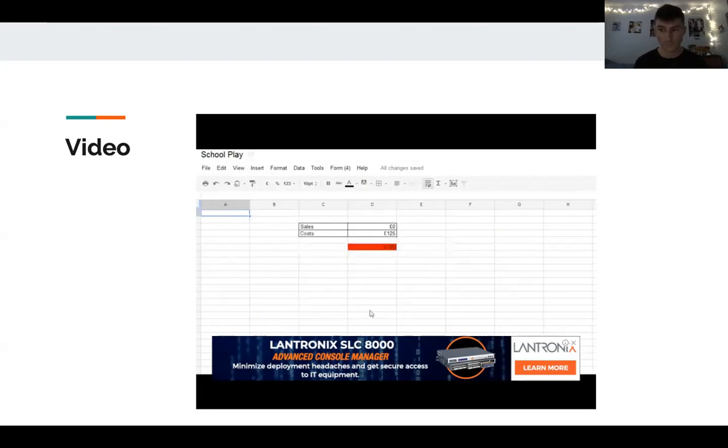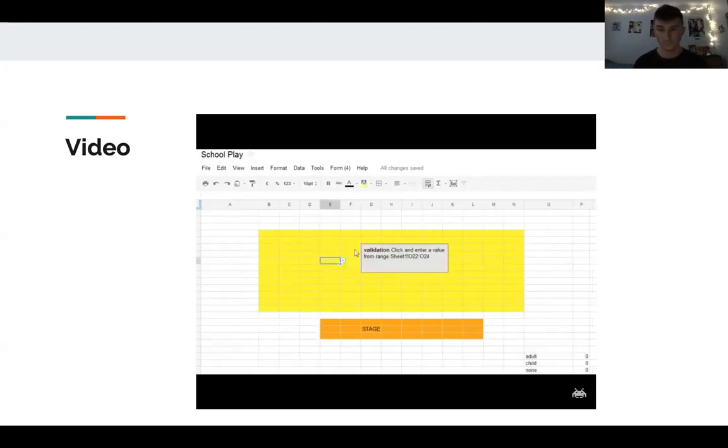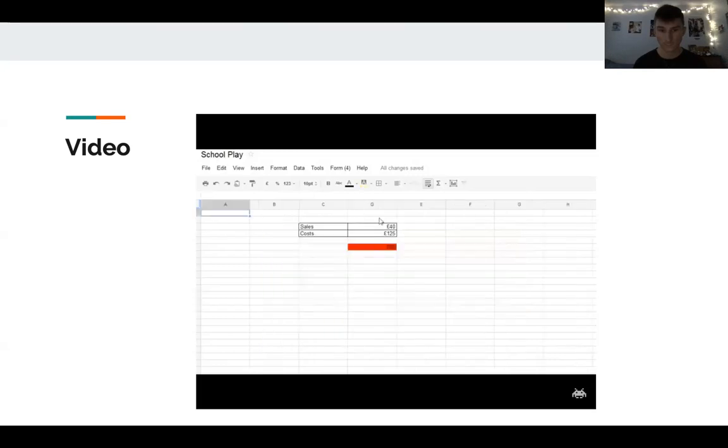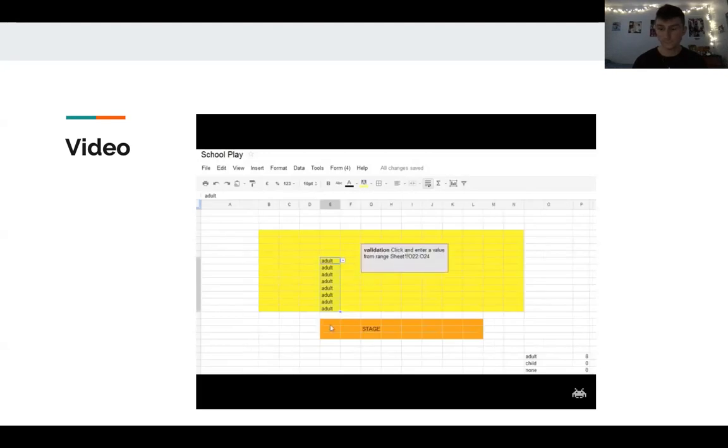Now, in order to make a profit, I need to sell some tickets, okay? Now, this is where modelling comes in, because you can simulate what might happen if you sell a certain number of tickets. So I'm going to add in some adults, okay? So we've got here 8 adults, and I'm going to see what effect that has on my costs. Okay, so I make £40 from that, and now I'm losing £85 on the performance. So I know now I need to sell a few more adult tickets in order to break even or make a profit. So I'm going to predict